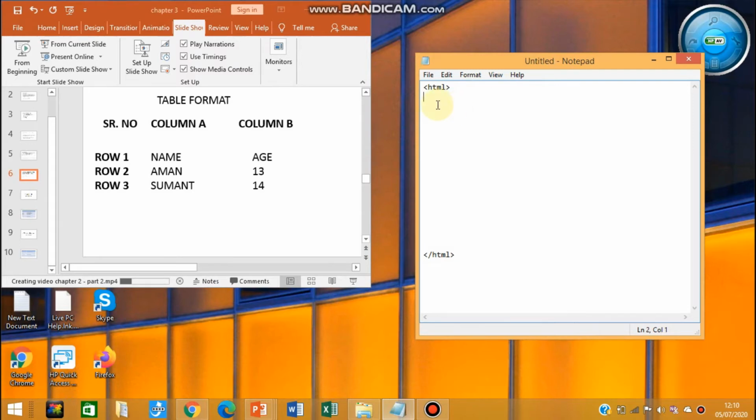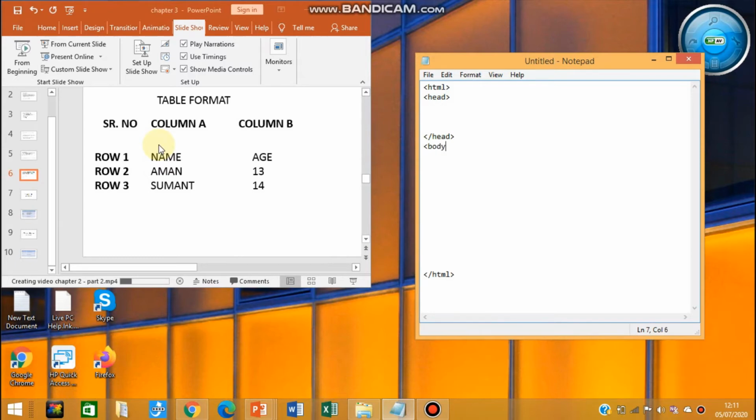First is the head, the heading of the web page, and since you have opened the head tag, you have to also close it. And how will you close it? By adding the backslash. Then the main part, the content of the web page, is written in the body part.